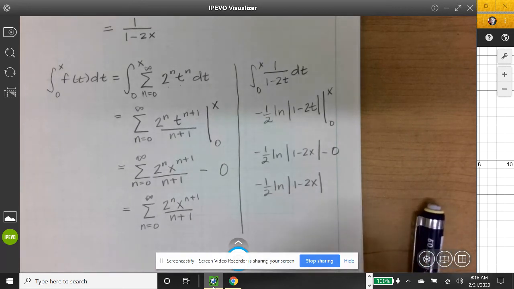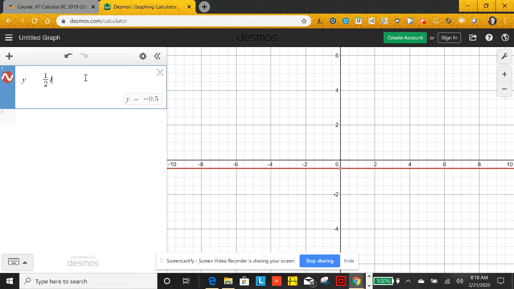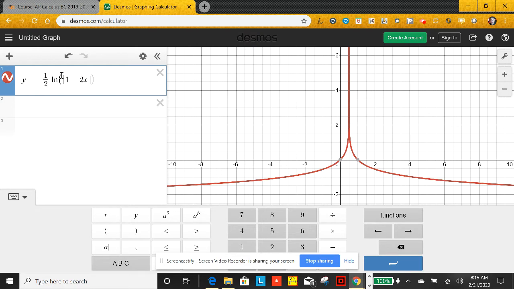Now, let's see if we're right. I happen to have Desmos open, so I can graph y equals negative 1/2 times the natural log of the absolute value of 1 minus 2x. Oh, and the natural log likes to have parentheses, so I got to do that. Picky Desmos, but we'll take it. All right, so then you notice we have a discontinuity at 1/2, which we would expect because of the